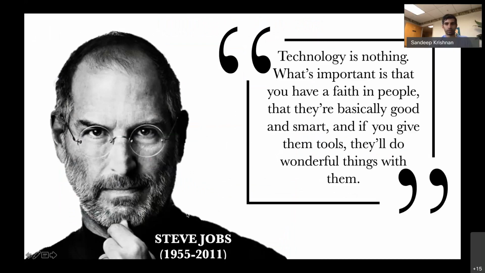So I love this quote from Steve Jobs: "Technology is nothing, but what's important is that you have a faith in people, that they're basically good and smart, and if you give them tools, they'll do wonderful things with them." And that describes so much of what we do in medicine today. So I'll let you guys